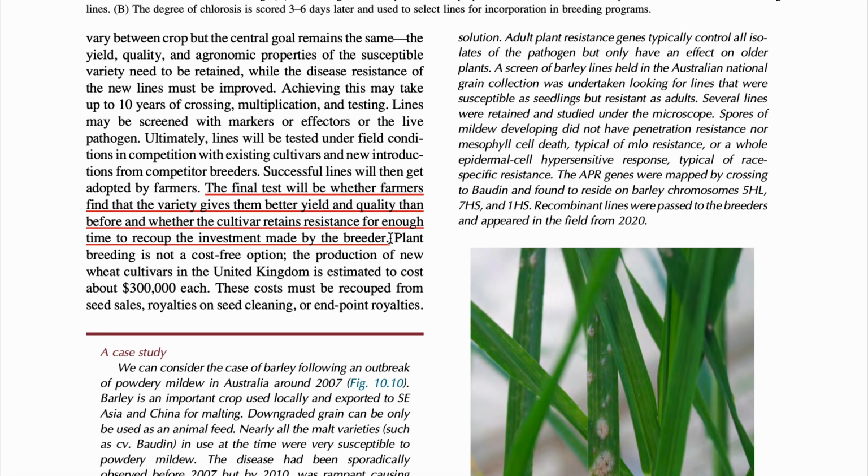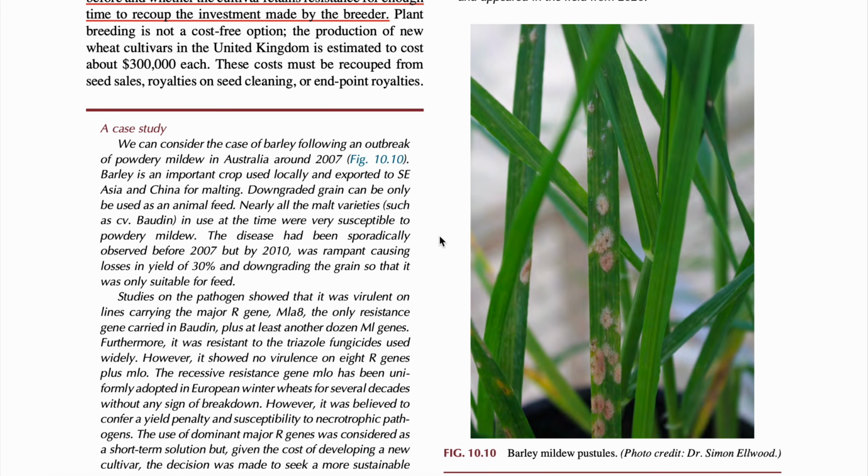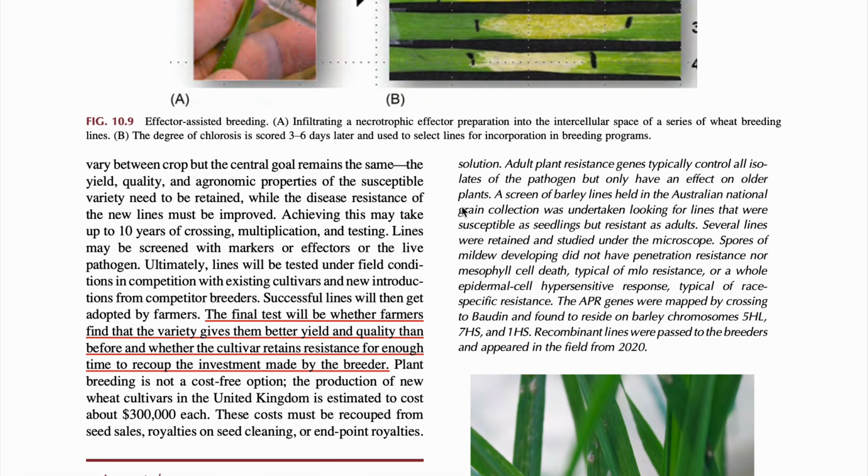First the breeder will find the source, and they will do the lab trial, field trial, and then they have to do an on-farm trial. So the farmers will be motivated to use that variety. Then the farmers will check whether that new variety is giving them more yield or not, and then finally they will come up with a conclusion. They have also given a case study. Okay, on this,